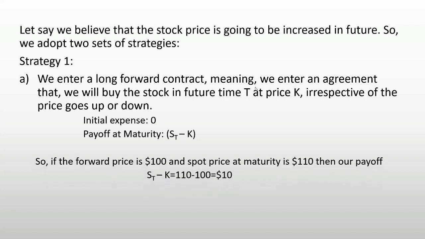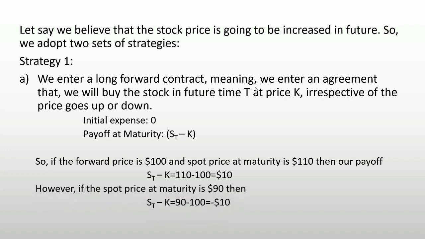So if the forward price is 100 and the spot price at maturity is 110, then our payoff will be $10 according to the formula. However, if the spot price at maturity is $90, then we will make a loss of $10. Why? Because we're buying a stock which is actually priced at 90, but we're buying at $100